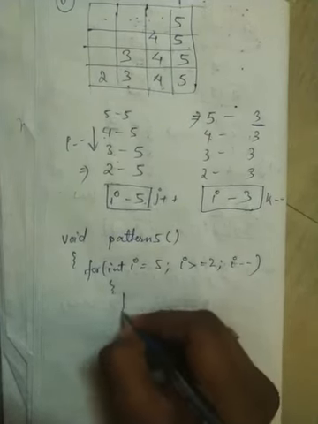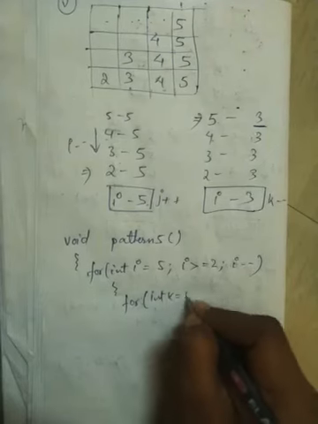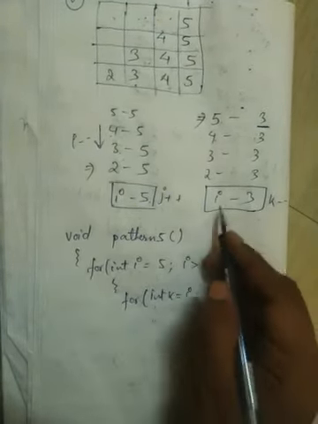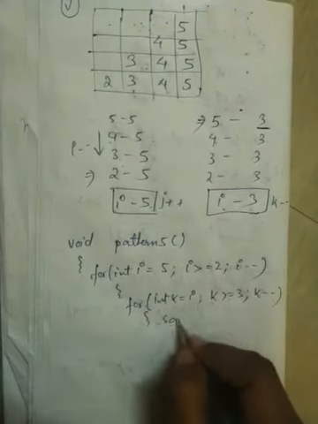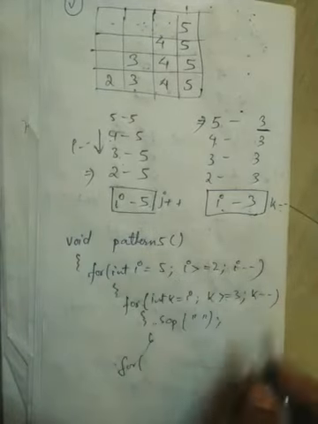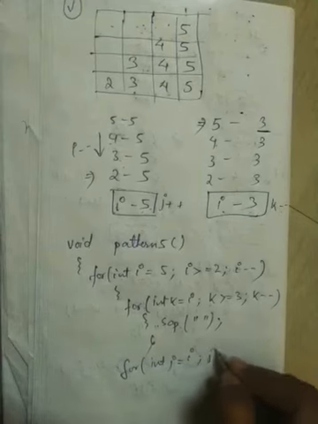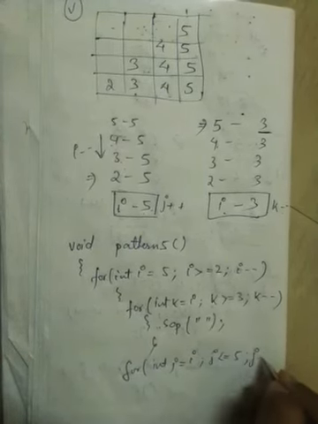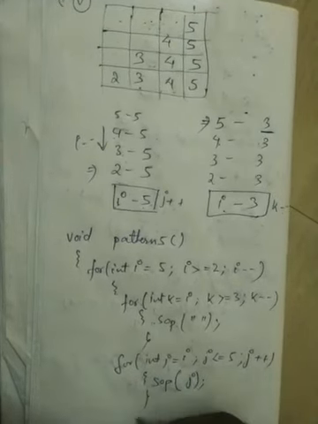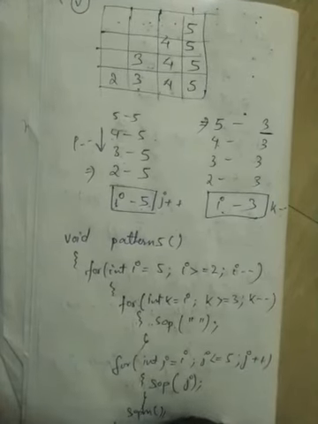Okay, then we'll make the K loop. K will be what? Integer K equals I, K greater than or equal to 3, and K minus minus. So these 3 values have to be written, SOP space. Then for the J loop: int J equals I, J less than or equal to 5, and J plus plus. And we'll print, here I have to write J, because in each line. Then for loop close, method close.